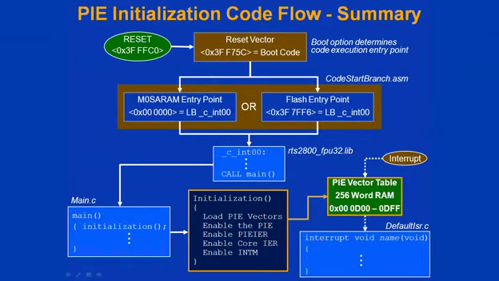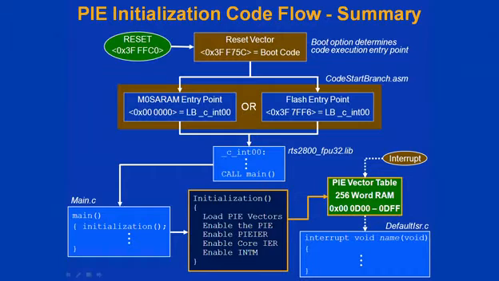In summary, the PIE initialization code flow is as follows. After the device is reset and executes the boot code, the selected boot option determines the code entry point. This figure shows 2 different entry points. The one on the left is for memory block M0 and the one on the right is for flash. In either case,